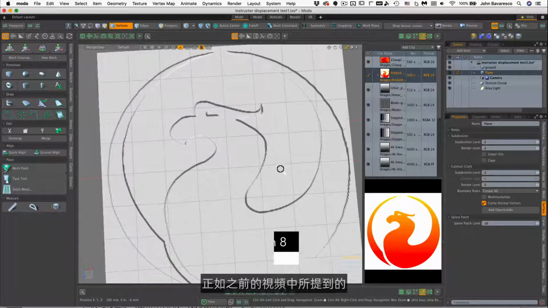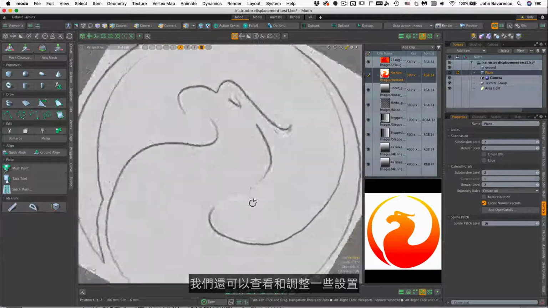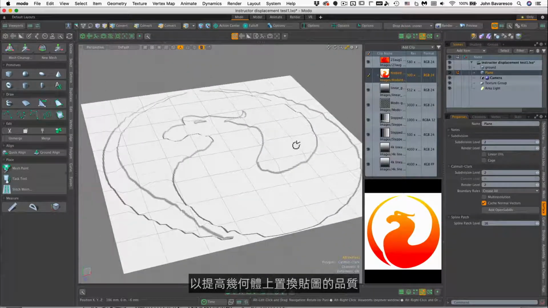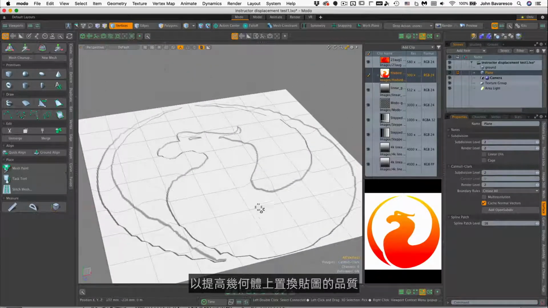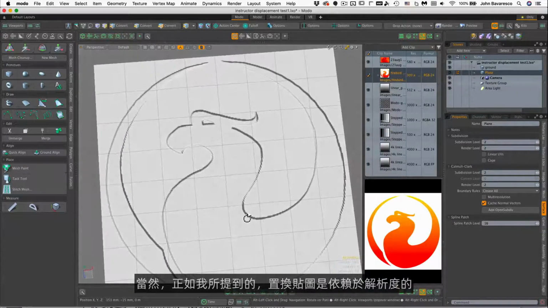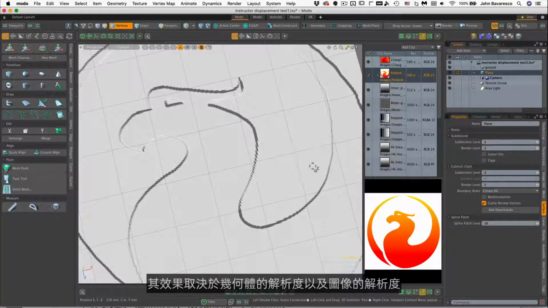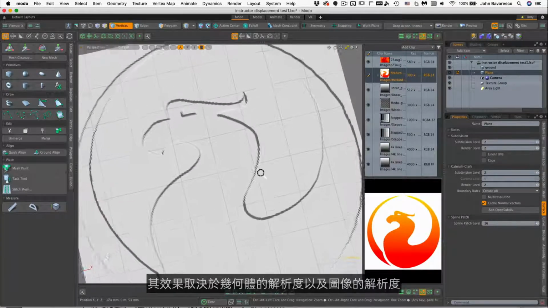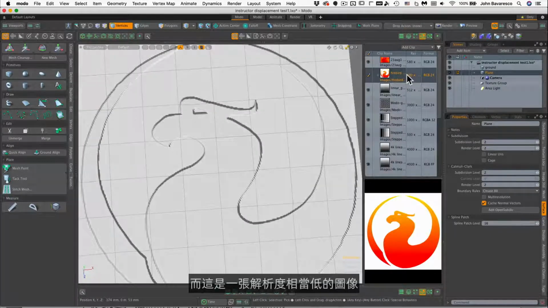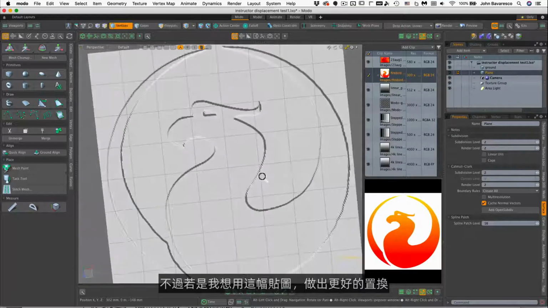As I mentioned in the previous video, there are some settings that we can play with and adjust to improve the quality of the displacement map on the geometry. Of course, displacement maps are resolution dependent, so they depend on the resolution of your geometry as well as the resolution of your images. So this is a fairly low resolution image, but if I wanted to make a better displacement out of this image,